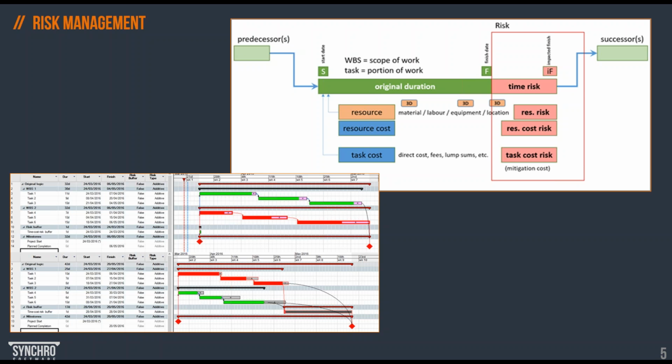One, we can create individual risk and add them to tasks, changing project duration and affecting critical path. The other one is individual risk can be added to a task, but then buffered at the end of the logic chain in the form of a buffer. This way we won't affect the project duration, but we still can monitor and simulate risks. So that's a capability of Synchro I really like as a planner, because I can plan my risks in the project.